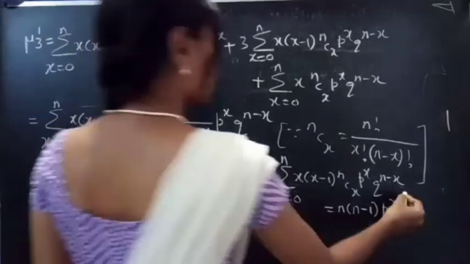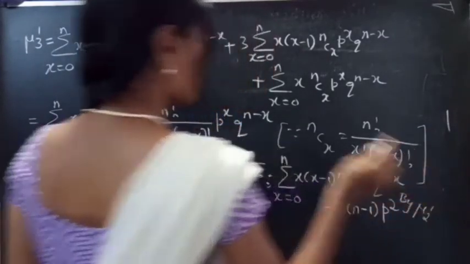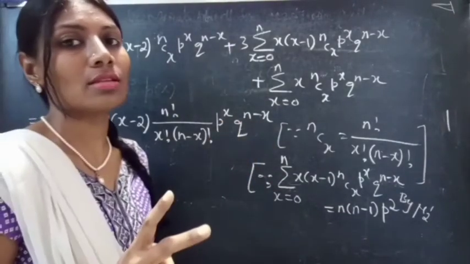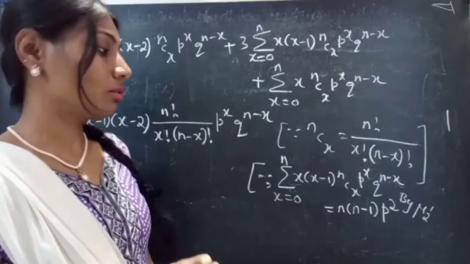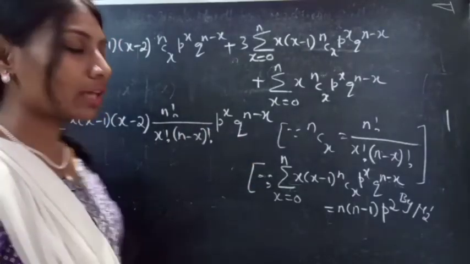Okay, by mu2 dash. You can see the proof of mu1 dash and mu2 dash, the first two moments of binomial distribution. So I'll drop the link in the description. Okay,